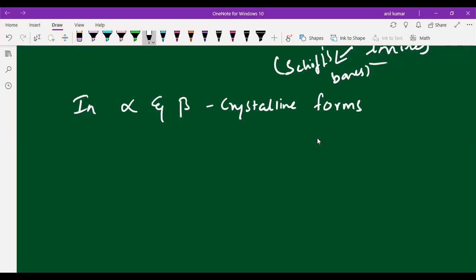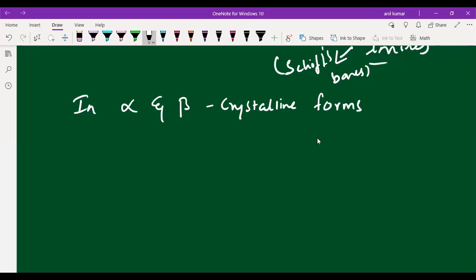that open chain structure of glucose, how many structures have we drawn? Only one structure, D plus glucose, we have drawn. Have we drawn any other structure of glucose? No. In the last class we have drawn only one structure. With that one structure we have done so many reactions. But in reality, glucose has two crystalline forms, alpha and beta forms.